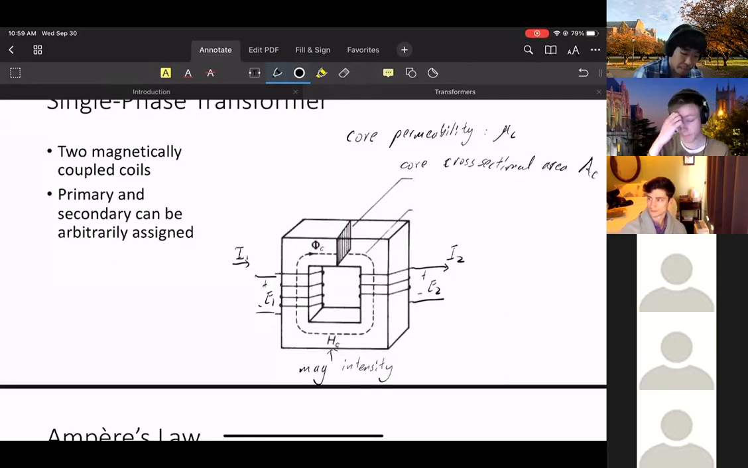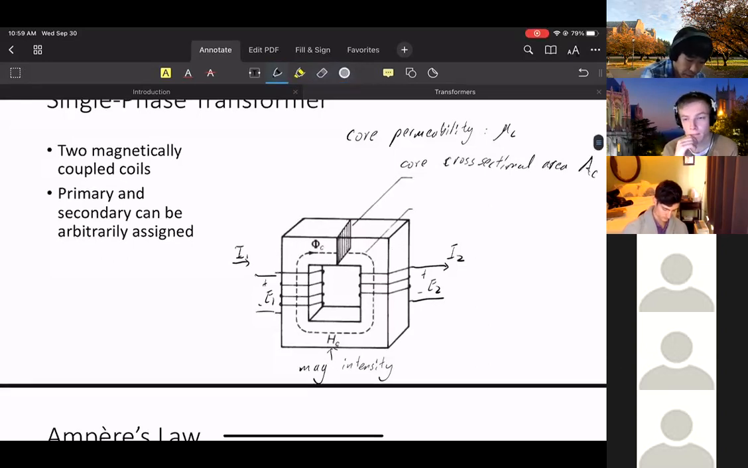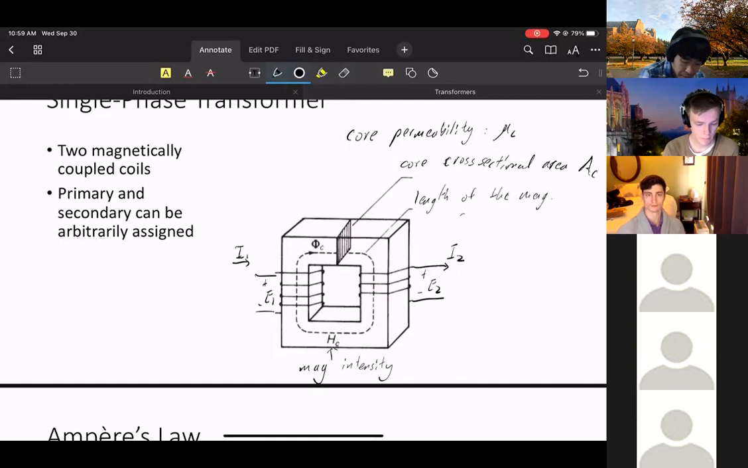AC. Okay, basically says how big this core is, right? Is it a very small core or is it a big transformer? All of these matter, how much it flows. And I have another thing here that has to do with the length of the magnetic circuit,